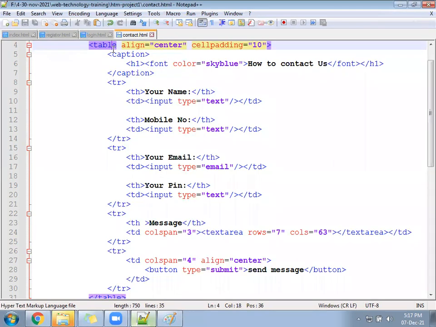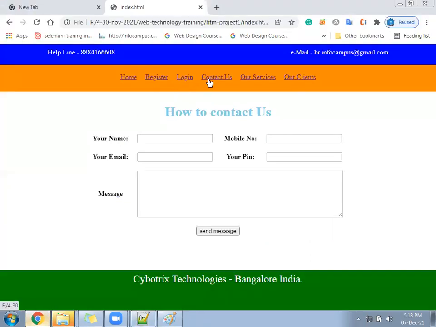Okay, so those photos we are going to use now. That is in the service file.